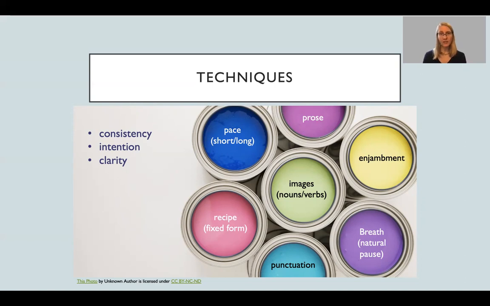Thinking about punctuation, right? When you have commas and periods and em dashes and parentheses and colons and semicolons, that is a natural pause anyway. And so breaking on that punctuation can be helpful, or thinking about things within a phrase or within an image. Finally, checking out a fixed form, using a recipe that somebody else has created, can be really helpful. And ending on images, something that's going to put an idea into your reader's head to hold on to, can also be a really engaging choice.